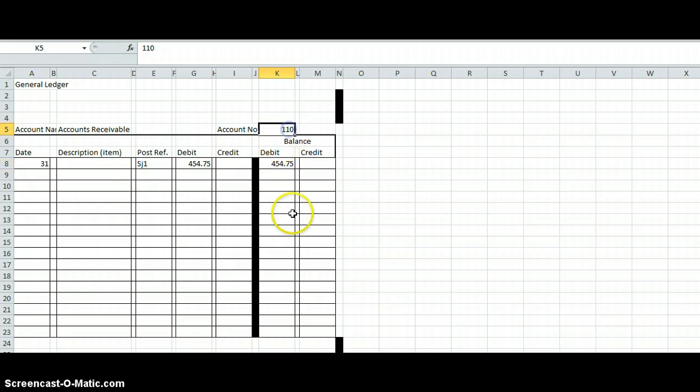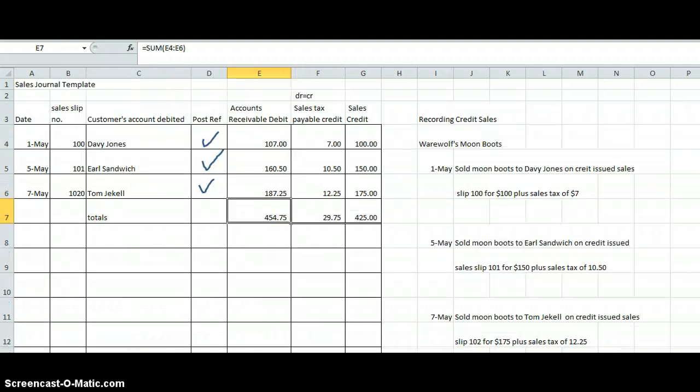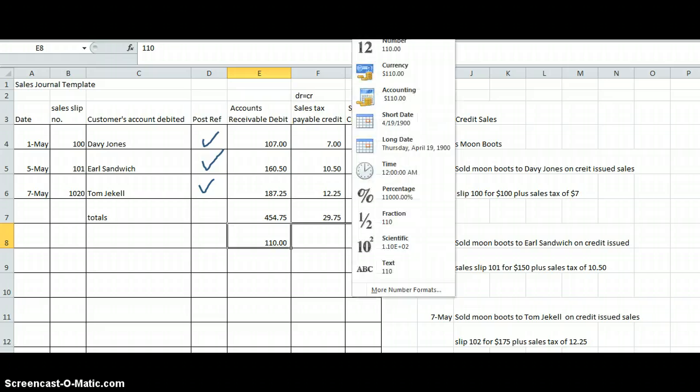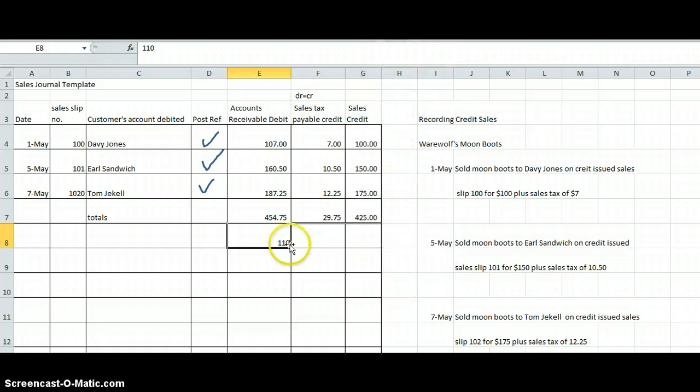The account number is 110, so I'm going to take that back to the sales journal, and underneath the column here, I'm going to type in the account 110. So we know we don't want that to look like a number. We want it to just look like a general number, not an account number, not a dollar figure. Okay, so then we have sales tax payable, and it was